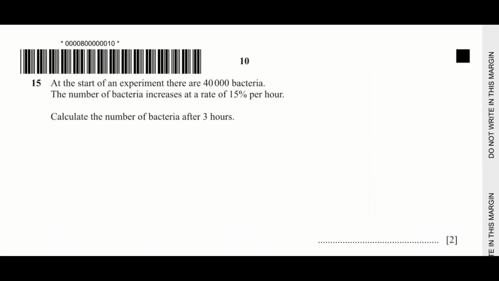That will be question 15. At the start of an experiment, there are 40,000 bacteria. So the number of bacteria increases at a rate of 15% per hour. Calculate the number of bacteria after 3 years. So this is exponential growth, and the formula is y equals A B to the power of X. So y